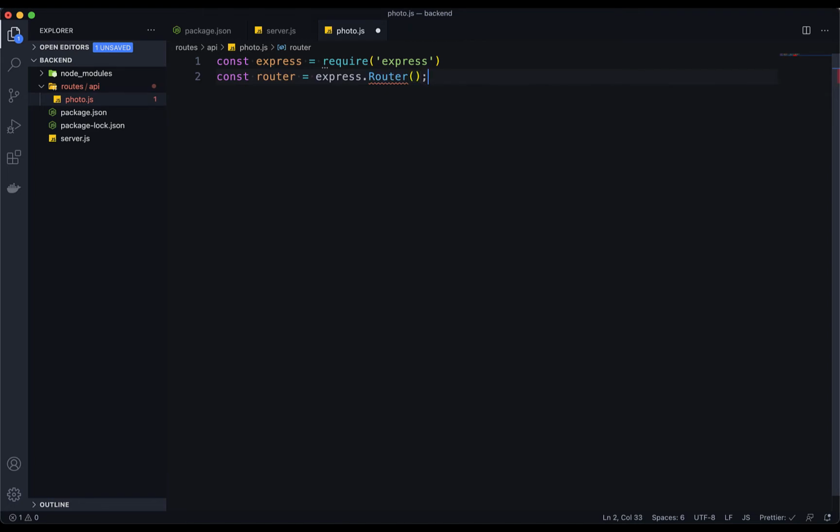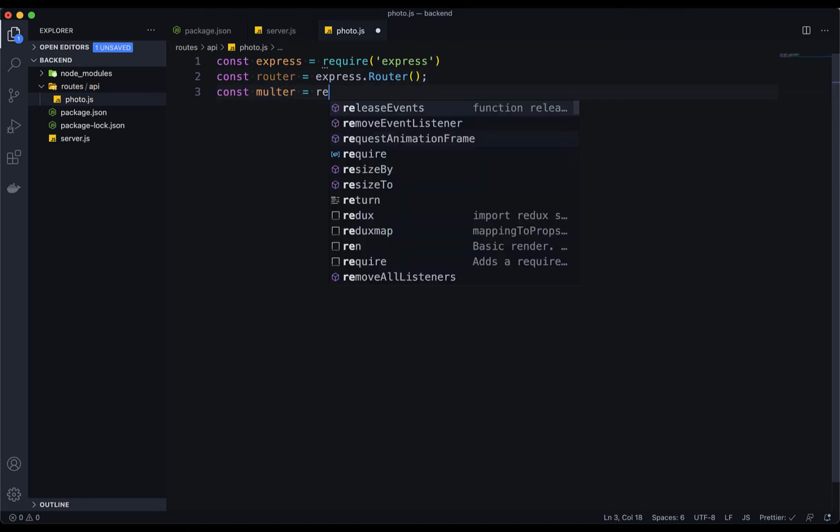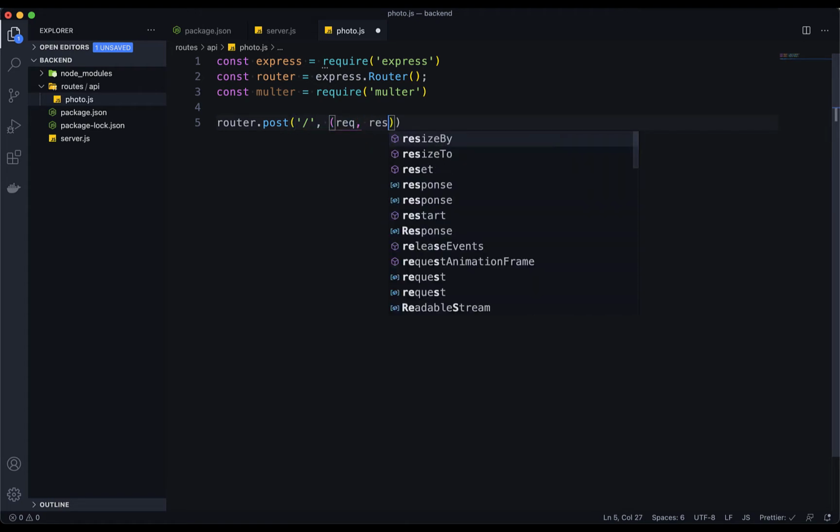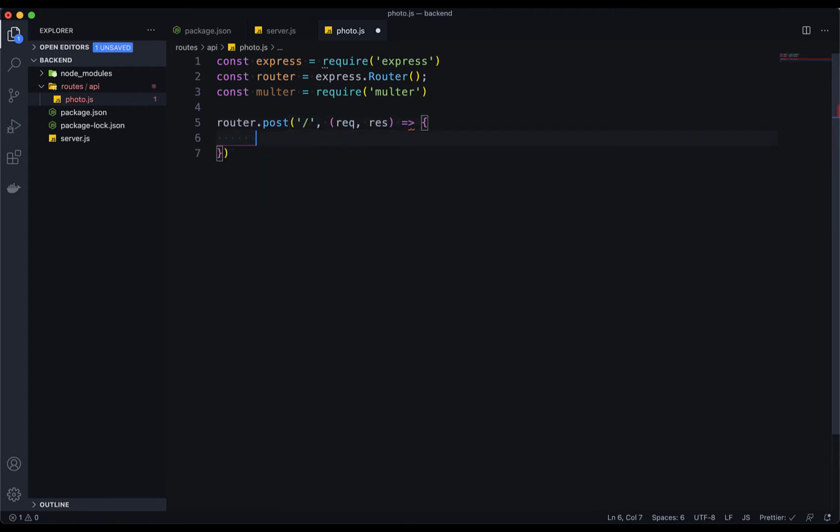= express.Router, const multer = require multer and router.post slash, request and response. module.exports = router. In here we need to pass in a middleware